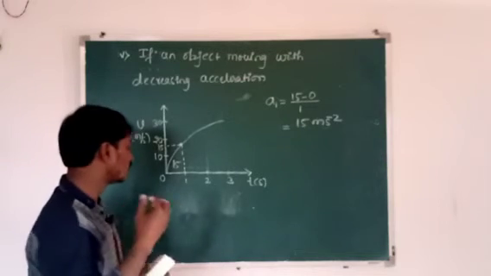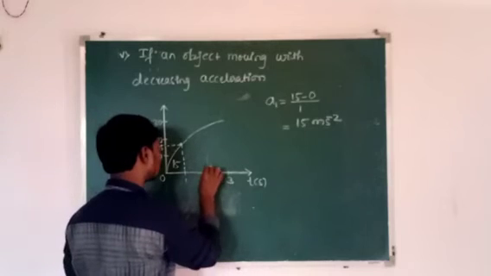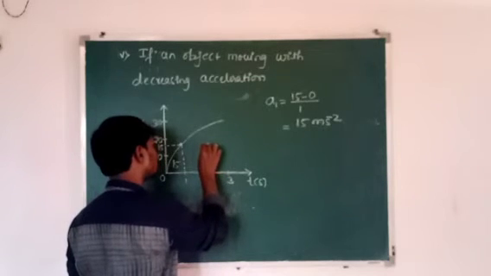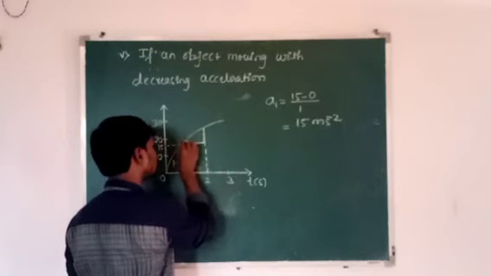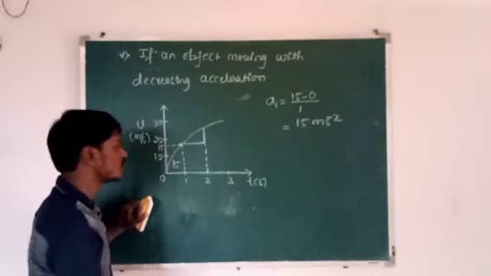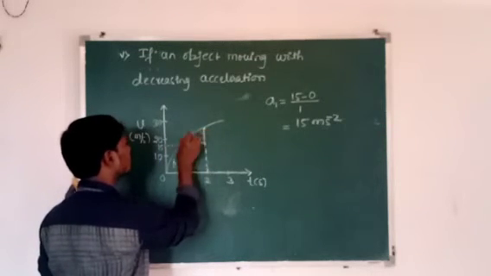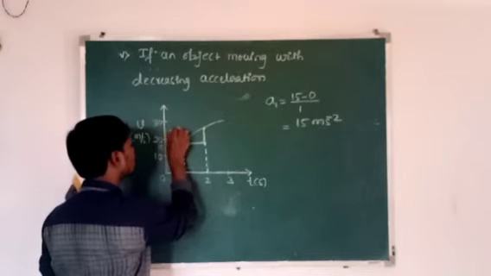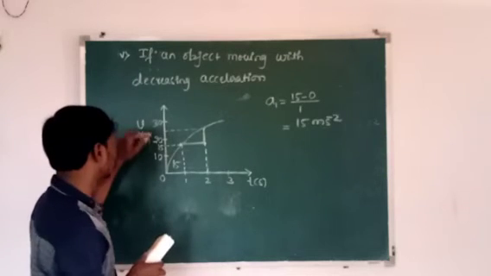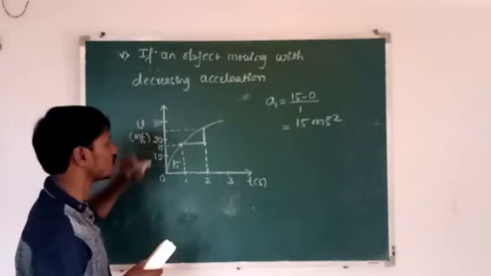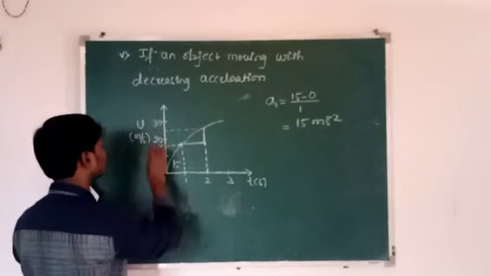Next, in the next time interval we are going to find the acceleration of the object. Next time interval means here 1 to 2. Then let us find the slope. Here what about acceleration? See here, it is now at 15, and this point is, supposed to be, I will take 25, because it is at the middle of 30 and 20, means it is 25. Then here the velocity changed from 15 to 25.